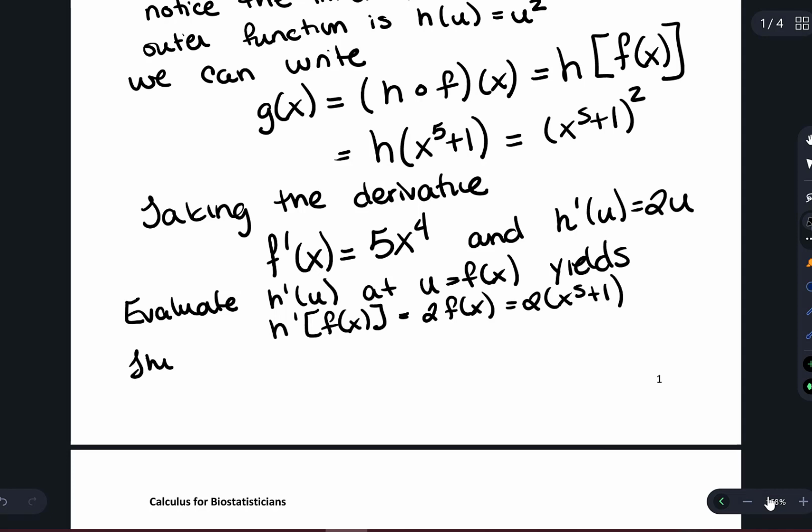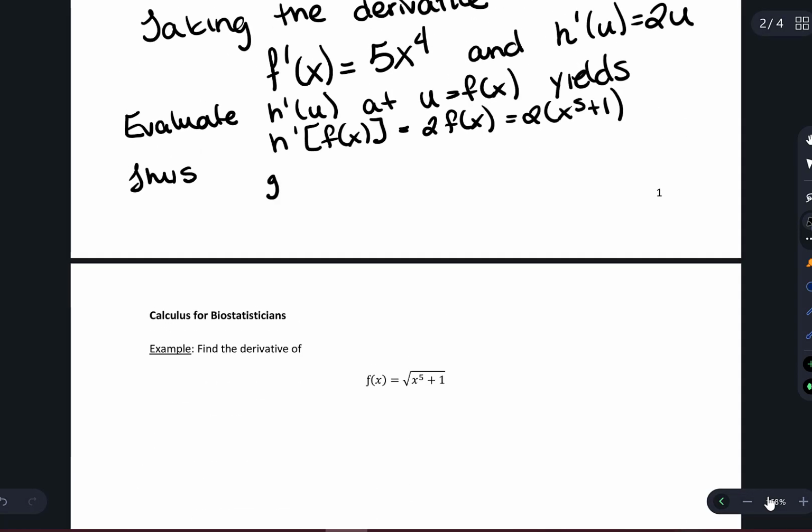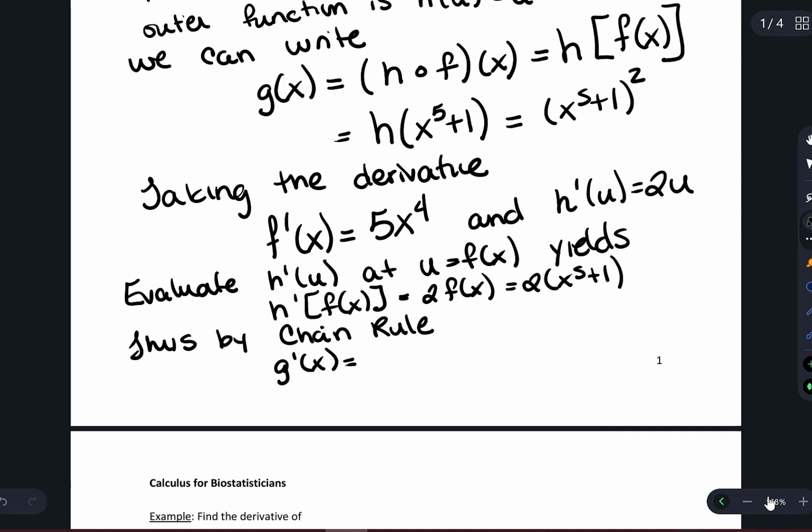And then thus, to find the derivative that we actually want, which is the derivative of g of x, we know by the chain rule that the derivative of g of x is equal to, since it is that composite, the derivative of h of f evaluated at x,